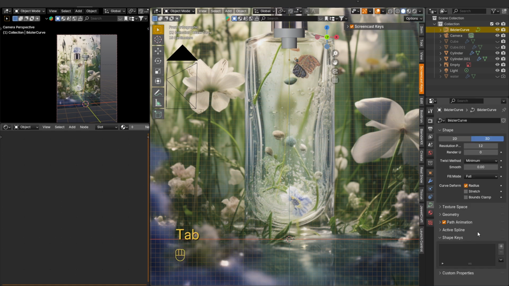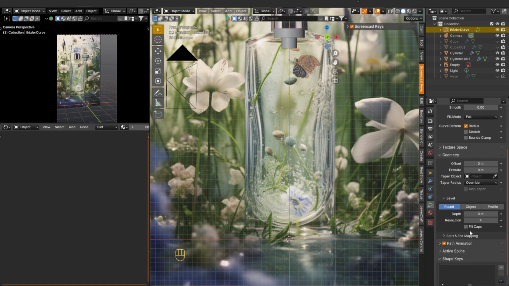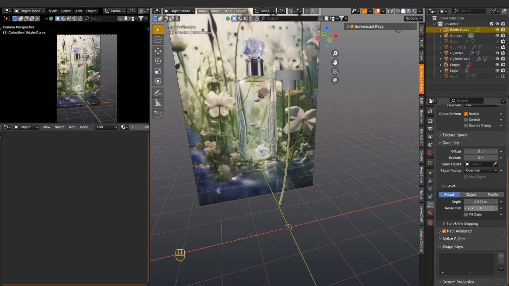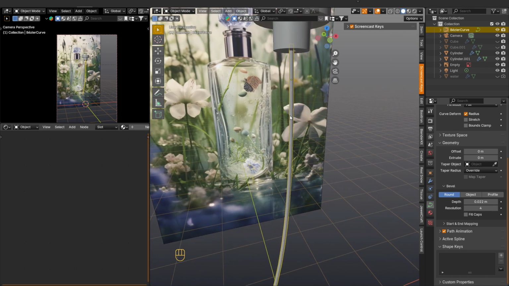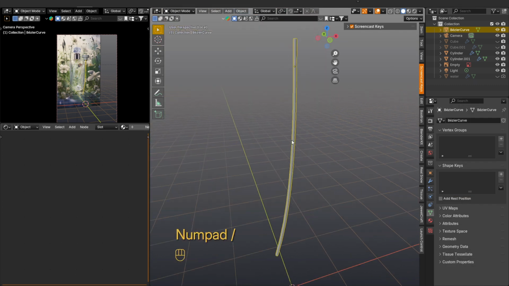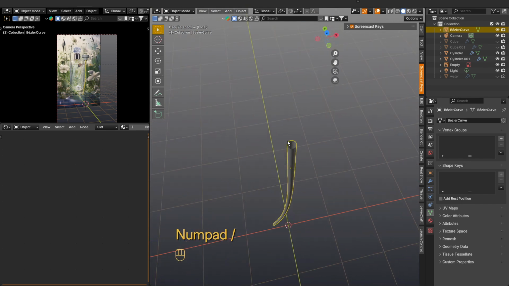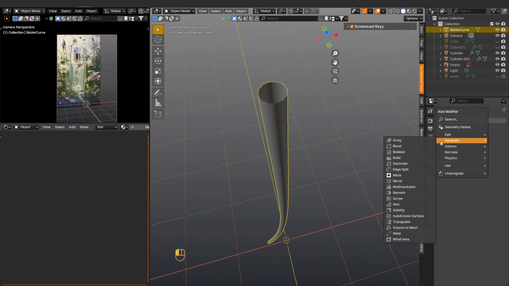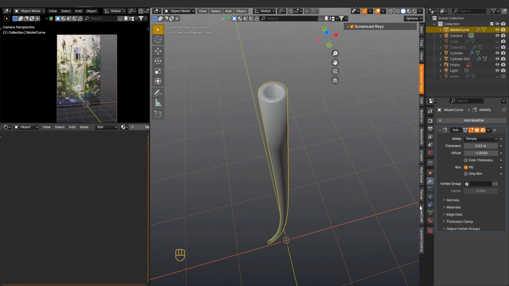Now we can go to the curve settings, find the geometry tab and set the depth of our curve. I leave the resolution at 4 and I think there is no point in raising it higher. Now we are ready to convert our curve to a mesh. But if you look at our tube from above, you can see that we do not have enough thickness. To fix this, you need to use a modifier with Solidify. Do not forget to check the box next to even thickness.